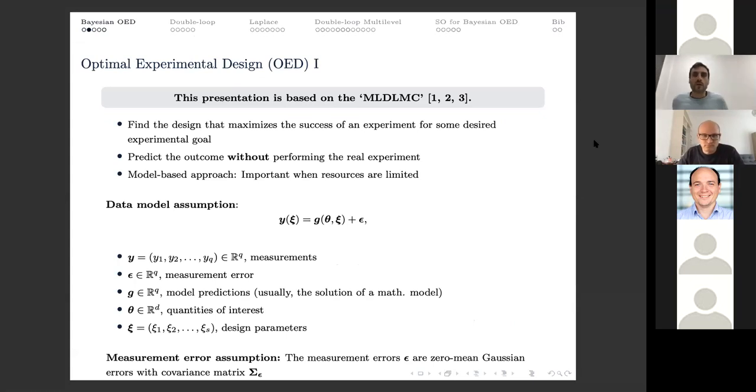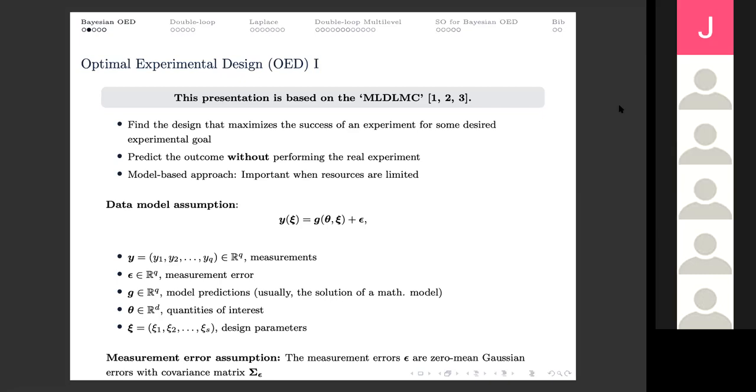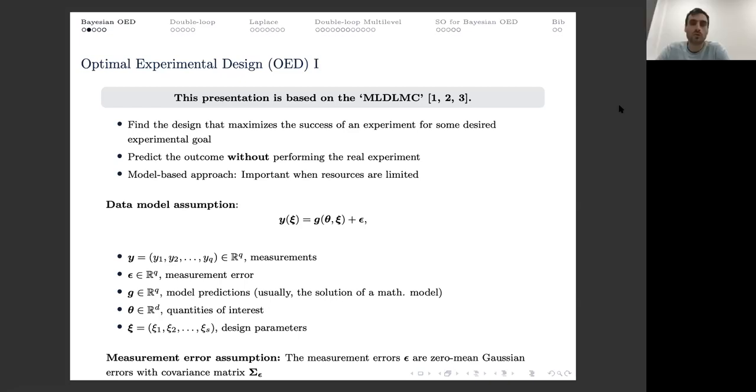So this work is based on 3 papers, and I will show them at the end, the titles and everything. So the idea of optimal experimental design is to find a design that maximizes the success of an experiment. And of course, we do not want to perform the real experiment before we know what is the best one. So that's why this is called a model-based approach. So we are using some mathematical models to find what is the best experiment we need to use as a